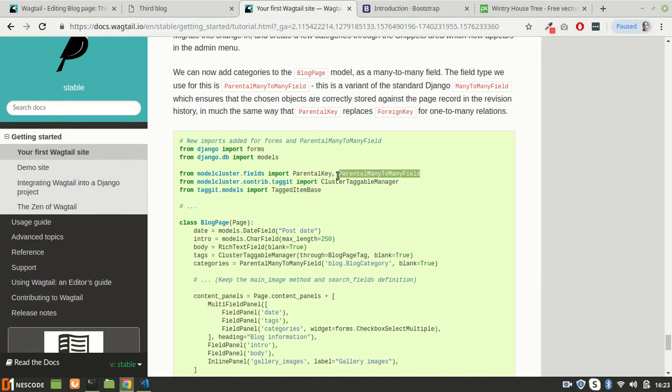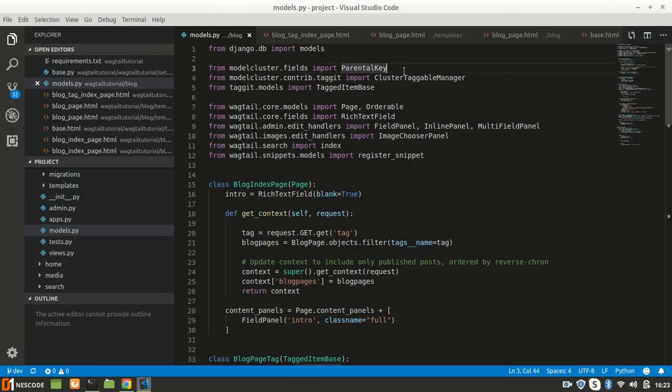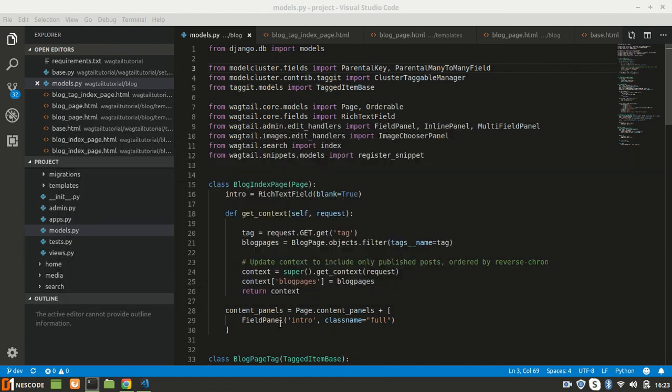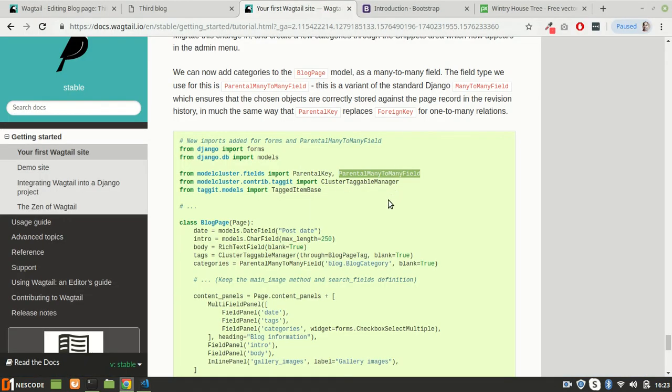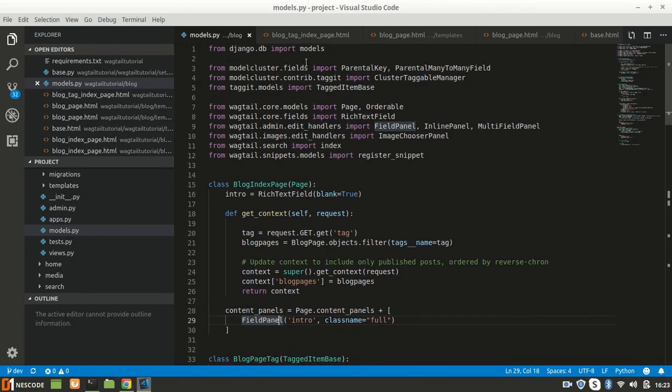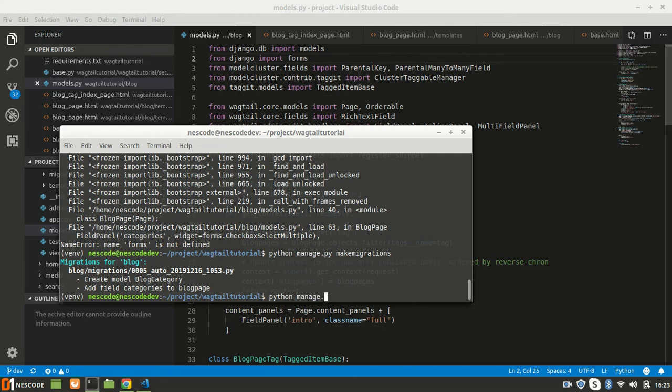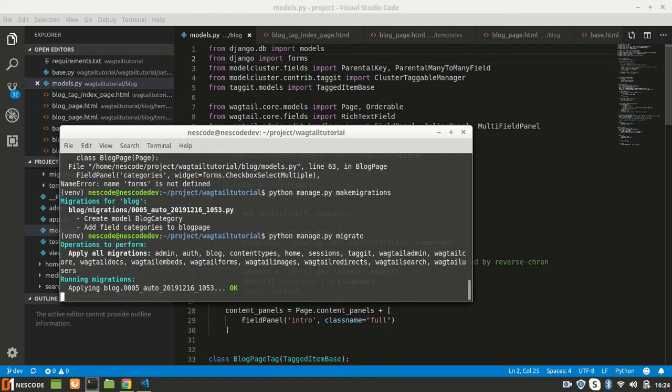So here this ParentalKey, and then make migration, then forms is not defined, some model, this forms also has to be there. Then you do migrate, then you do run server,